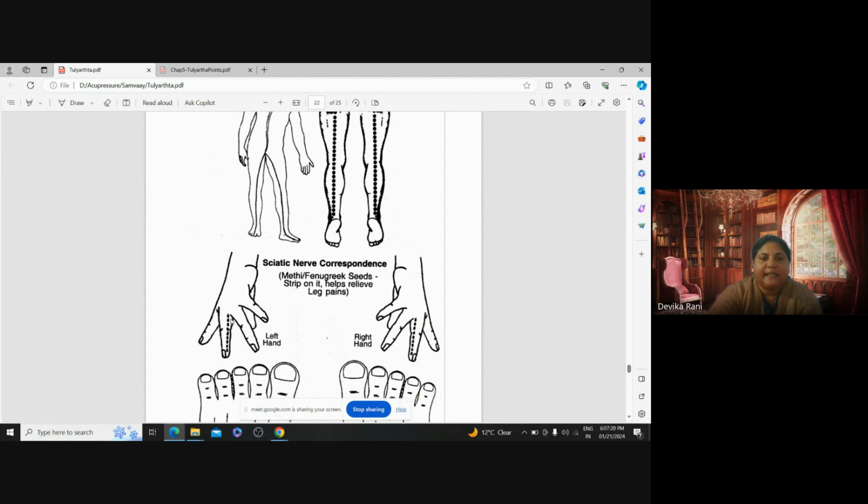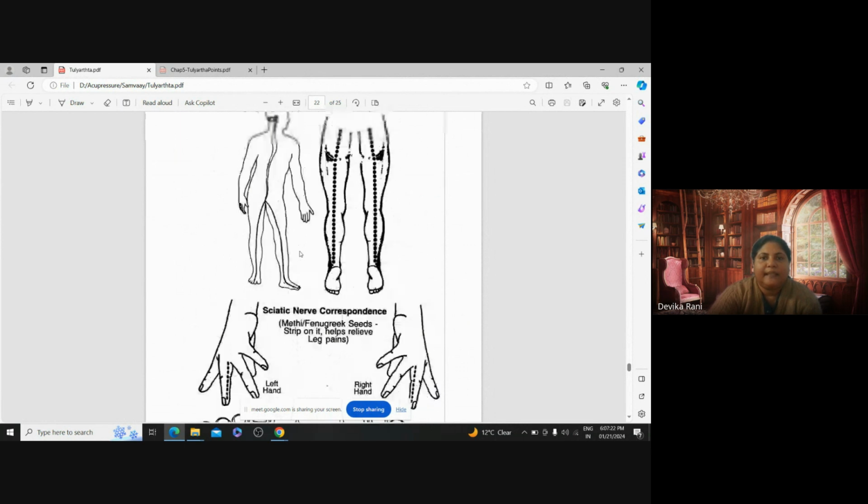And if you have a sciatica issue in the leg, if you actually see, this area is lighter and this area is darker. So this becomes the yin side and this becomes the yang side. In the finger also it is represented by this area. This is coming somewhere in between the junction, so that is why it's the yang side. The sciatic nerve is coming somewhere this side. So on both sides, if you actually see in between the legs,